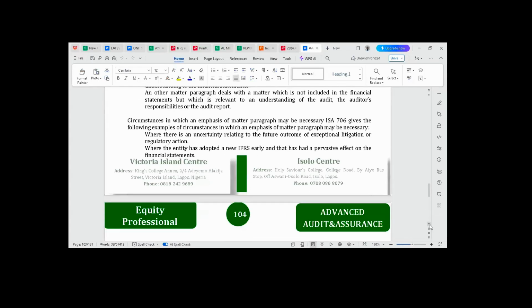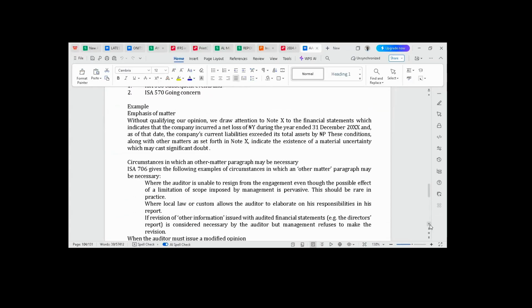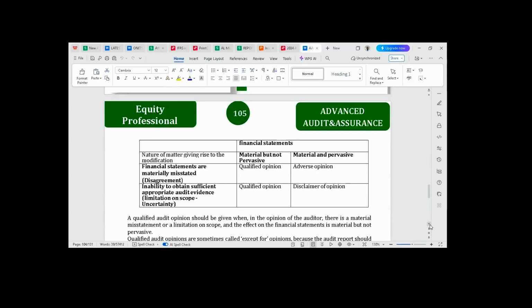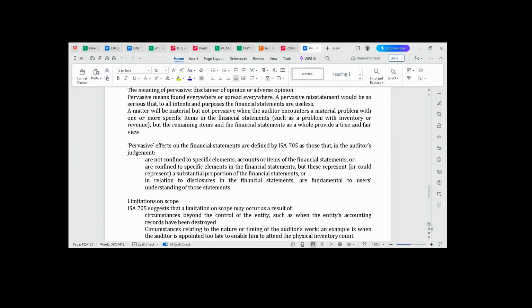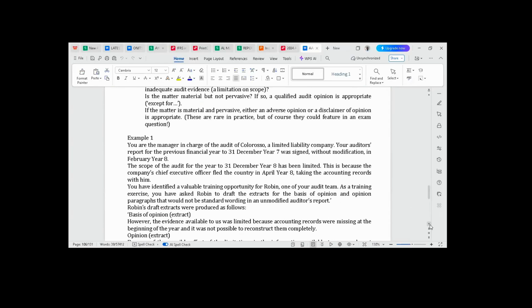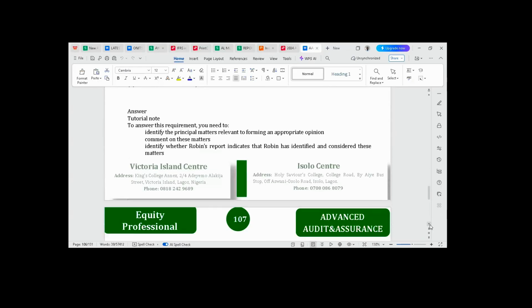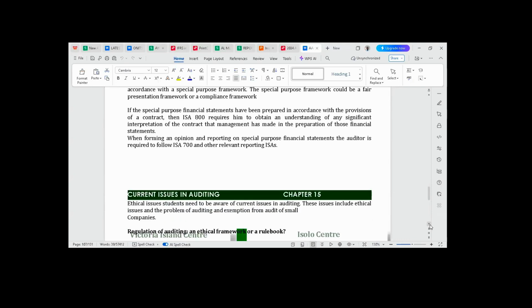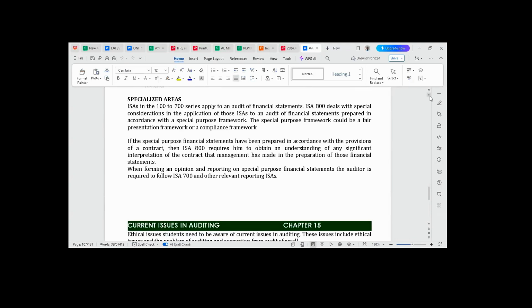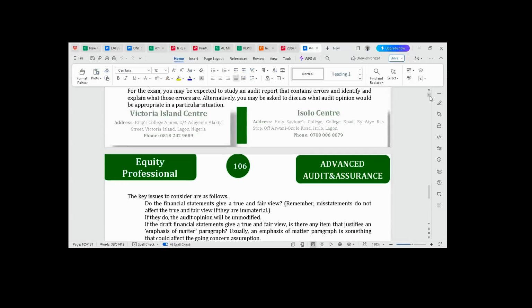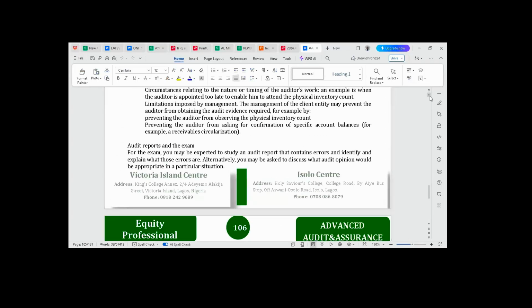There's another area we also need to look at. I'm going there now, talking about the facts of the matter. Okay. We have looked at limitation of scope. We have looked at all of this. Let me see if there's another area we need to look at. Before we go to questions, we need to solve one or two questions before we close for today. Okay, there's no other area there. So there's another area that I want us to look at, and that area maybe is not covered here or is somewhere in between this note. It's called